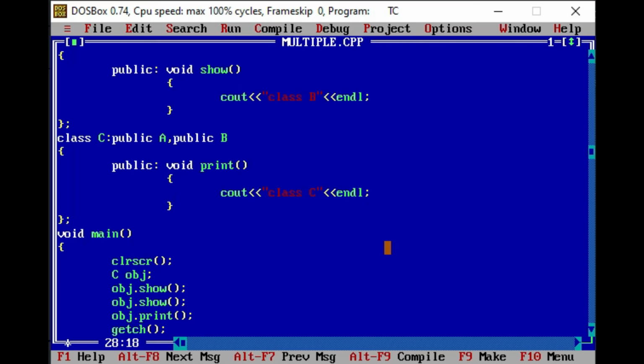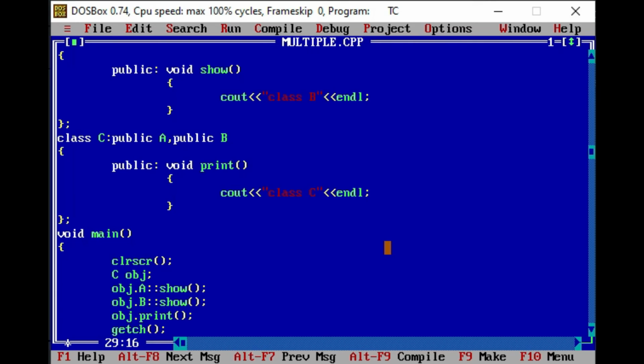Okay, so to specify that, or to remove the ambiguity, we need to define a scope along with the function. That means we need to specify which class that particular function belongs to. So here I need to write obj dot class name, then scope resolution and show function. Again obj dot class name, then scope resolution and show function.